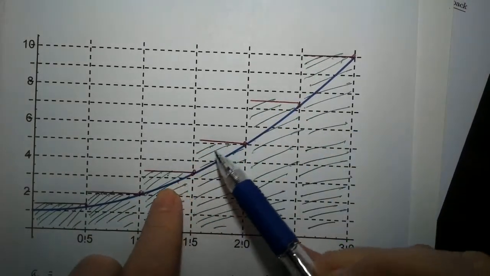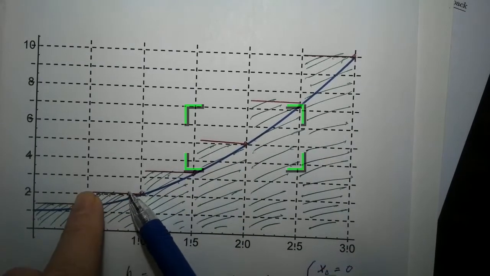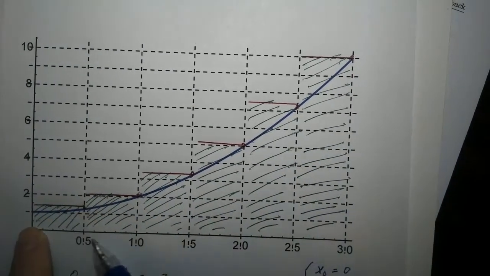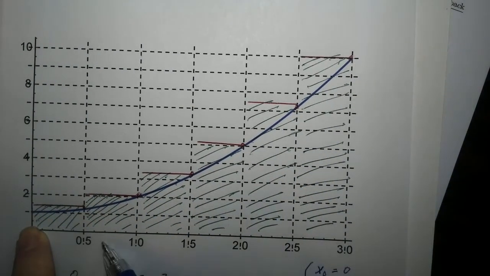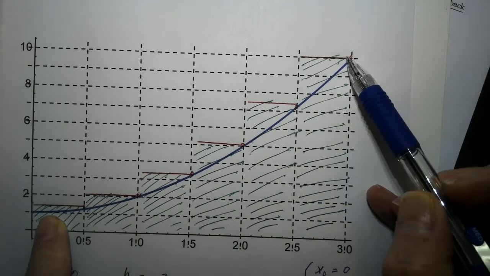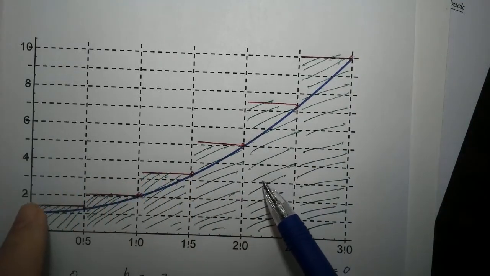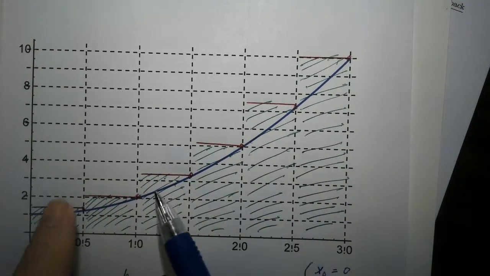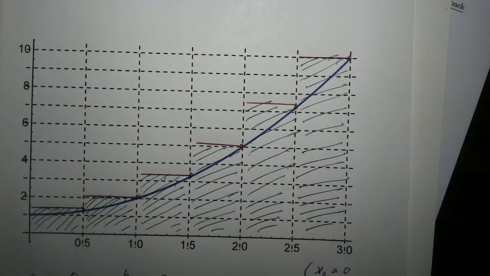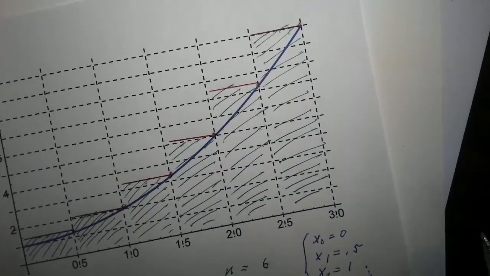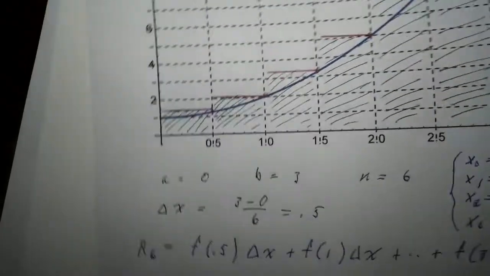of area which is not part of the signed area between the graph of the function, the x-axis, x equals 0 and x equals 3. And that's because this function is an increasing function. Later in Calc 2, we'll discuss different methods of constructing sums using trapezoids, midpoint estimates, and so on and so forth. But this is just a brief reminder about how we actually